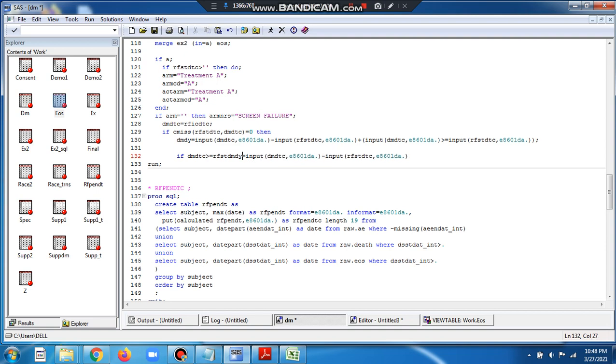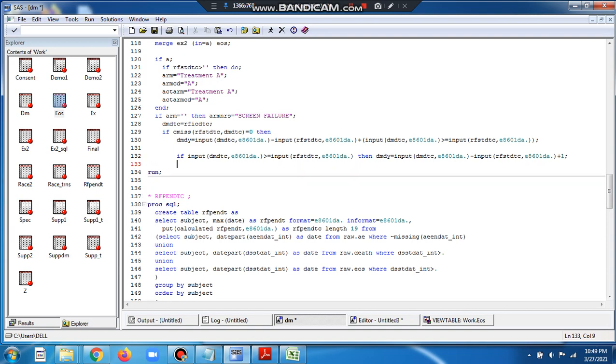If input of DMDTC, that is the numeric version of DMDTC, is greater than or equal to the numeric version of RFSTDTC, then DMDY equal to this plus 1, else DMDY equal to, I can just copy this part.